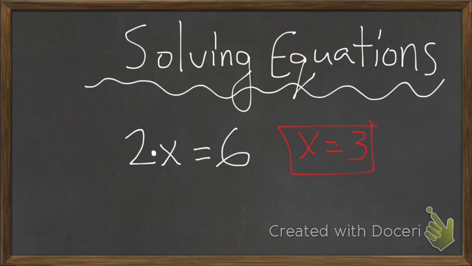You're right. But say you didn't know that. Say you didn't know what that 2 times what number is 6. What we're trying to do is undo the operations that are attached to that letter. So if there's a 2 next to it and it's being multiplied, to undo that,